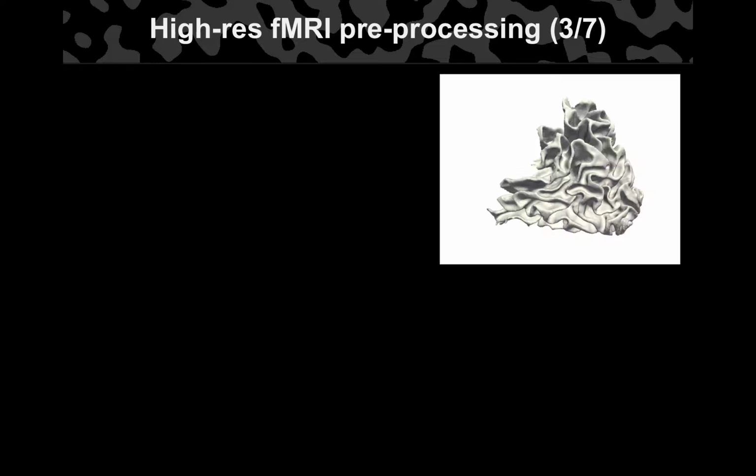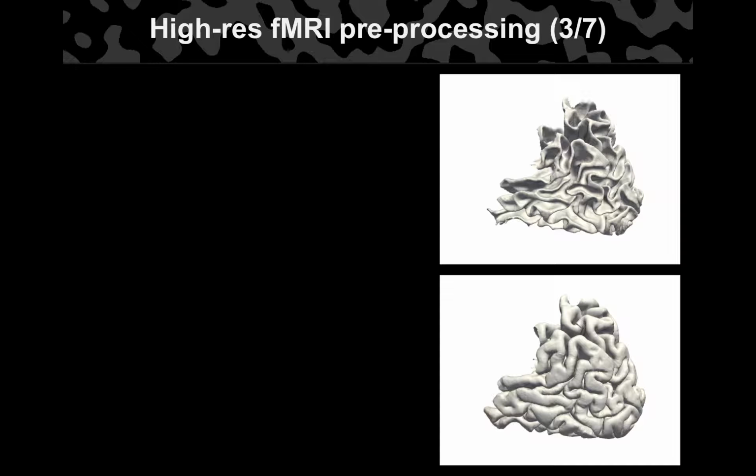What's this next one? This shows you a little bit more about the layers. This is just lopping off the posterior third, somewhat obliquely, of the brain, and the only difference between the top image and the bottom image is the layer sampling. Whether you sample near the white matter or the pial surface actually makes a big difference. We're talking about 2 to 3 millimeters of sampling difference, and so the surfaces look different.